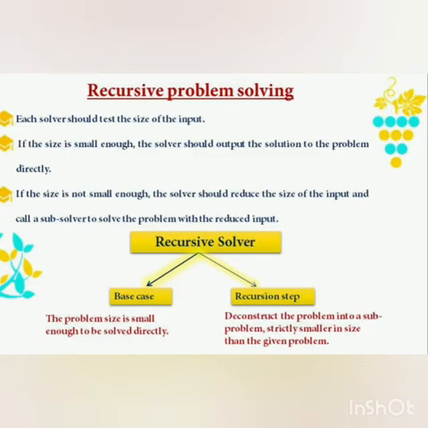Now, let's see the first one, the base case. A base case is nothing but when the problem size is small enough to be solved directly. For example, if there is only one customer standing in a line, here there is no need to go with any recursion step because only one customer is there. So the problem size is small enough. So this is considered the base case category. There must be at least one base case.